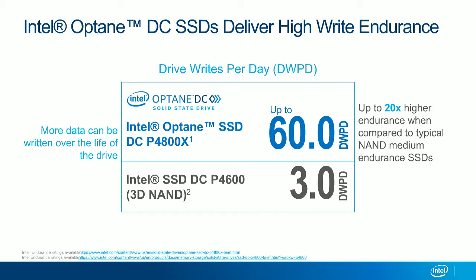So the old saying about cache to capacity ratios, they don't apply much when we're using high endurance drives. So the higher the endurance drive, the less cache size you actually would need, to the point that I will only want the size of the cache to absorb the peak write IOs that I have on a per second basis, because after a certain period of time, all those cache pages are going to be destaged